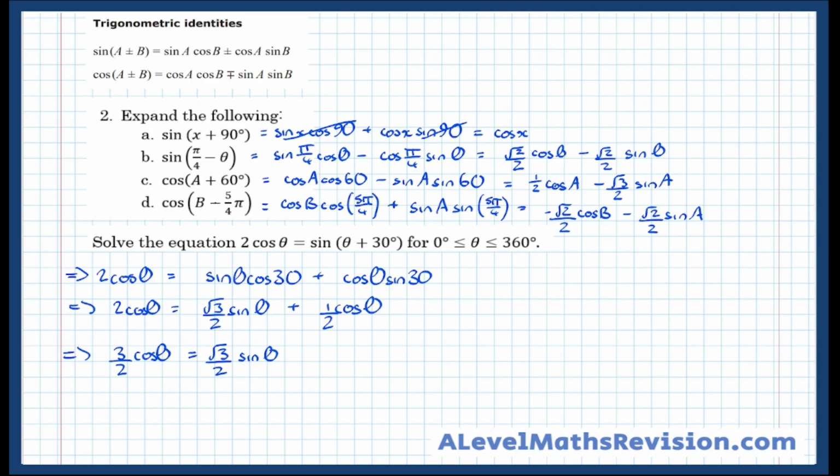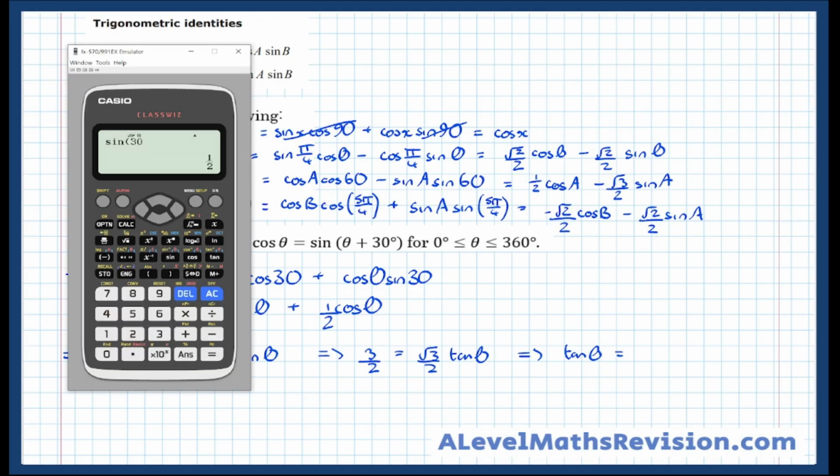And notice I've got a sine and a cos on each side now. If I divide both sides by cos theta, I get 3 over 2 equals root 3 over 2, and sine theta over cos theta is tan theta. Keep going. Times by 2, divide by root 3, which means that tan theta